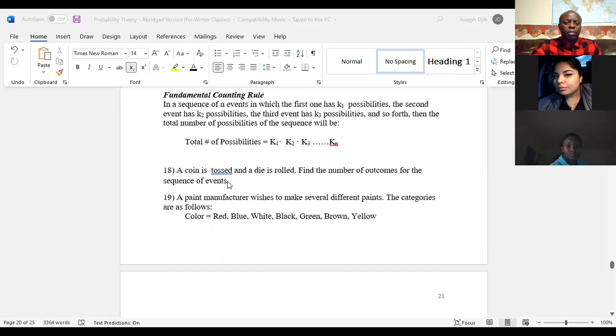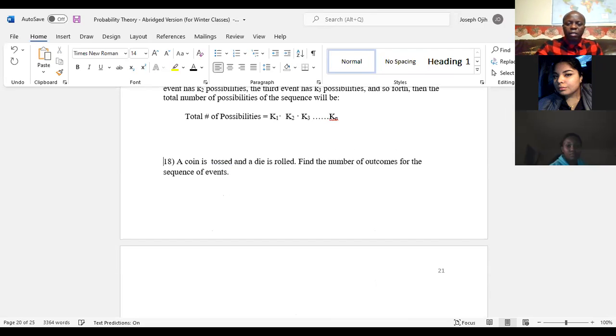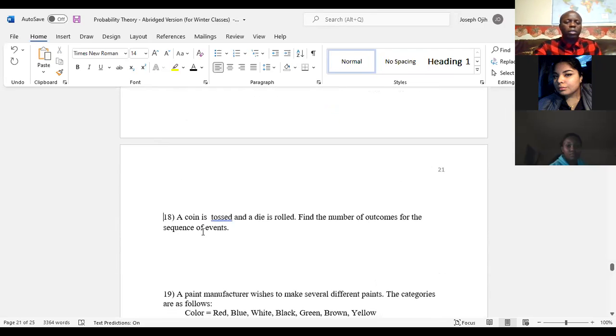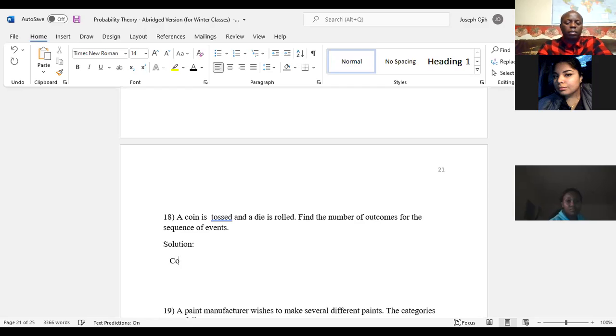Now look at this. A coin is tossed and a die is rolled. Find the number of outcomes for the sequence of events. Solution. A coin is tossed. A coin has 2 sides. So coin is your k1,